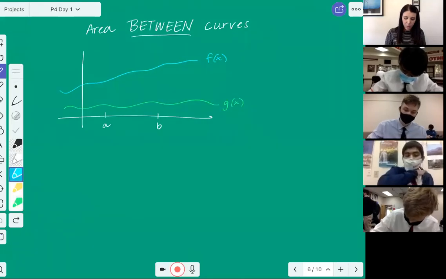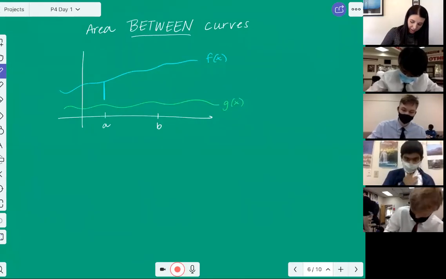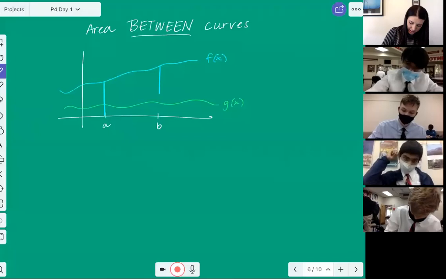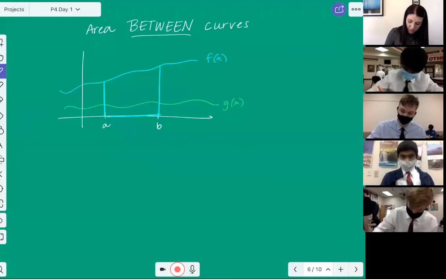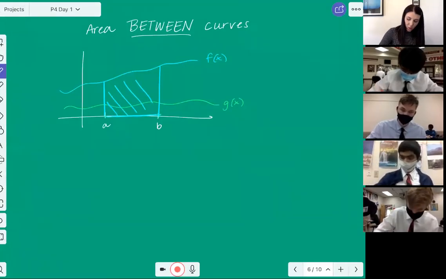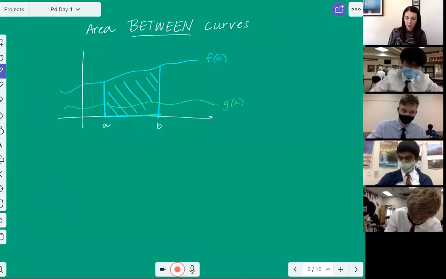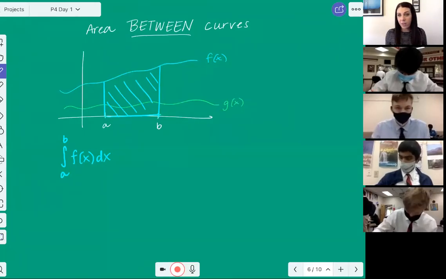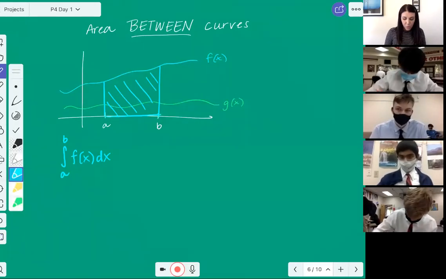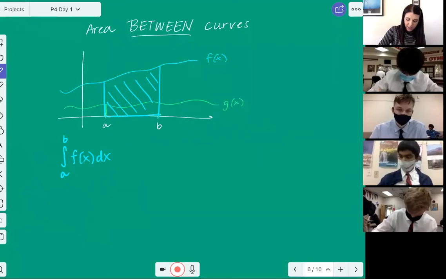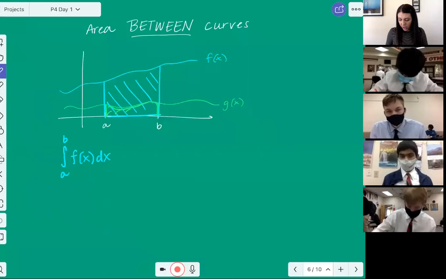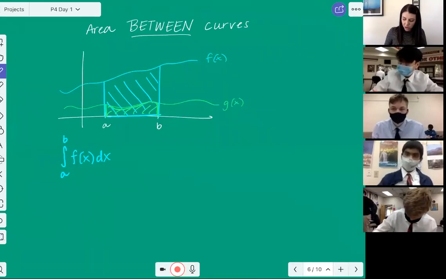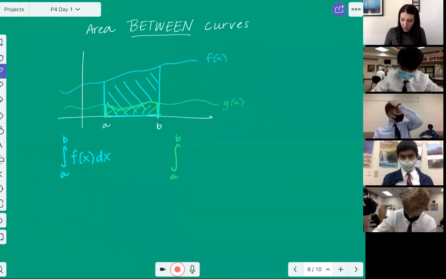lower. What we just said was that the area under f of x, so all the way to the x-axis between a and b, this whole area, can be found by doing the integral from a to b of f of x dx. That's going to get me that whole area under f of x. If I just wanted the area under g of x, so that would be this area here, I would take the integral still from a to b, but this time of